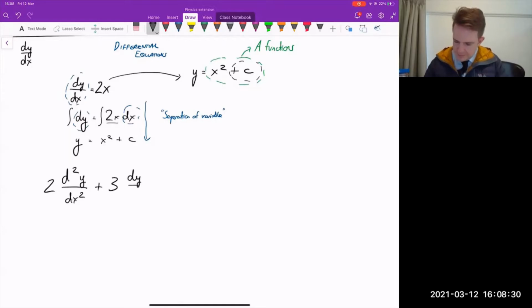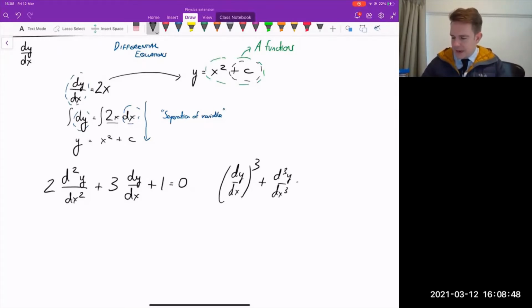Just to give you an idea of what they might look like. So that's one example. Another example might be (dy/dx)^3 plus d^3y/dx^3. I mean, this would be nightmarish. Equals cos x. Okay, so those are two more complicated differential equations, and they're more complicated because this one involves